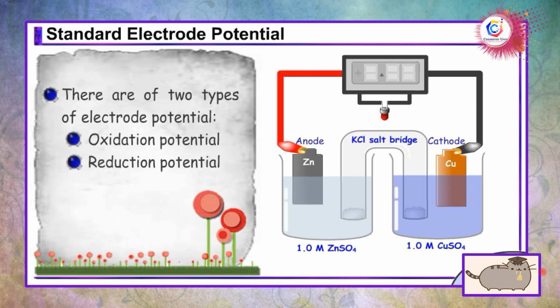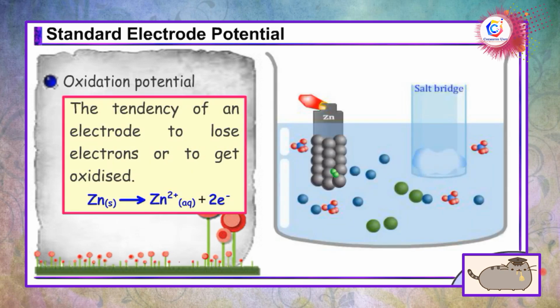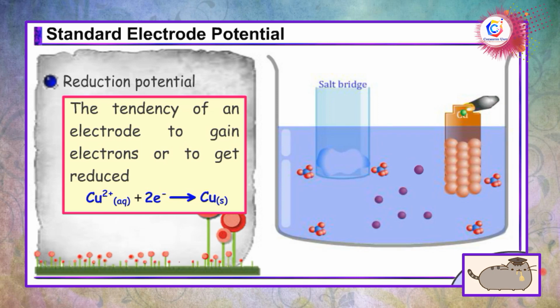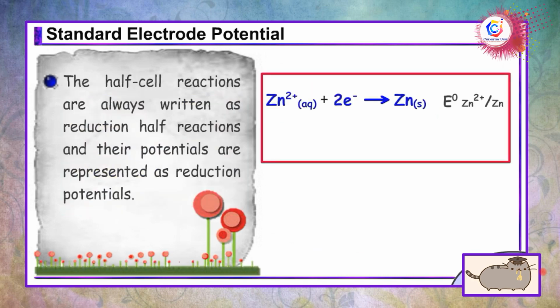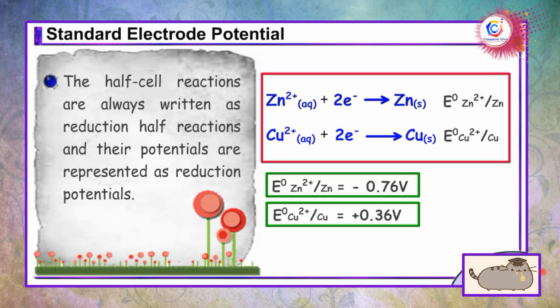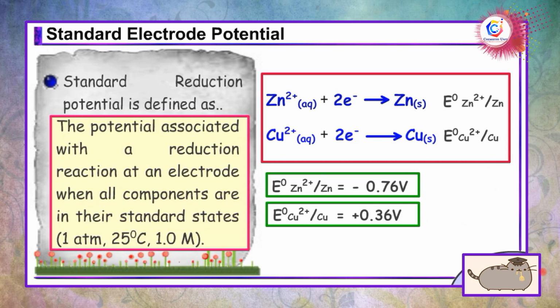There are 2 types of electrode potential, oxidation potential and reduction potential. Oxidation potential is the tendency of an electrode to lose electrons or to get oxidized. Reduction potential is the tendency of an electrode to gain electrons or to get reduced. The half cell reactions are always written as reduction half reactions and their potentials are represented as reduction potentials. Standard reduction potential is defined as the potential associated with a reduction reaction at an electrode when all components are